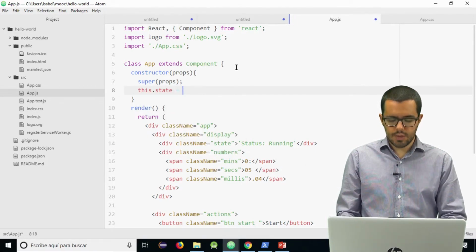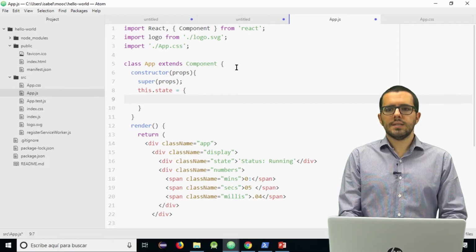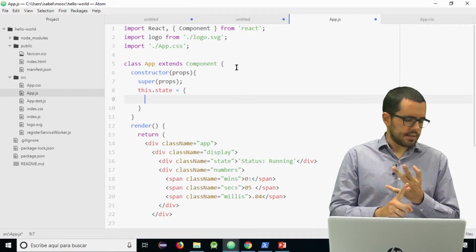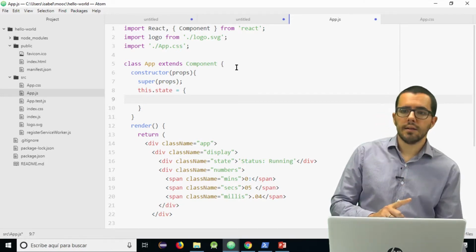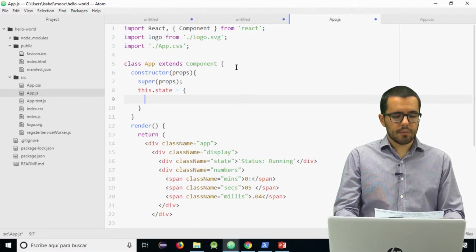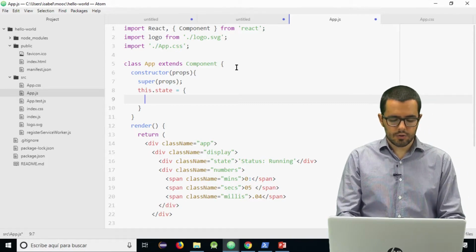Remember that the constructor does not use setState, but directly defines a state. What is the state? Well, I can add the minutes, seconds, and millis, and also if the chronometer is running or not.